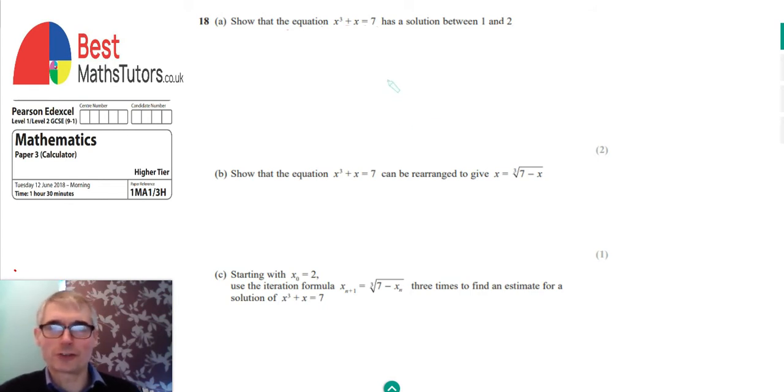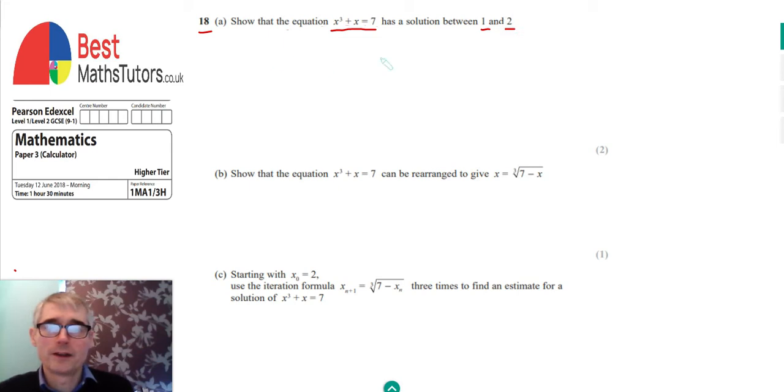I'm continuing to go through the Edexcel June 2018 Maths GCSE paper, and this is paper 3. So we're on question 18, and we've got an equation which is x cubed plus x equals 7. And what we've got to do first is show that it's got a solution between 1 and